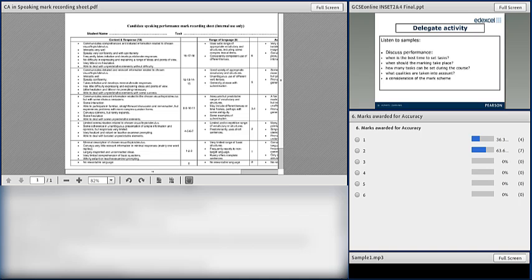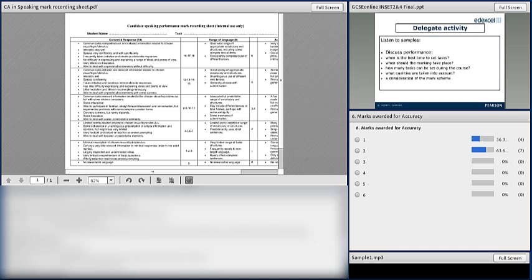Well, there's a bit more of a debate on this one. Some of you opted for 1, but the majority going for 2, and 2 is again what the examiner went for. I mean, there are many basic errors, but the main points are communicated. The pronunciation is not great, but is normally understandable, although in parts it wasn't. It's borderline with 2, but there are many basic errors with the main points being communicated. And again, we were saying the emphasis is on communication, and badly, but she does communicate something through this conversation.